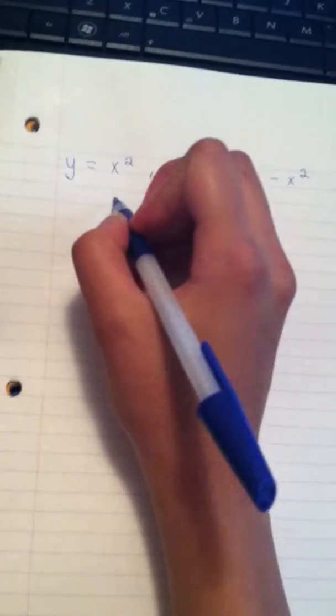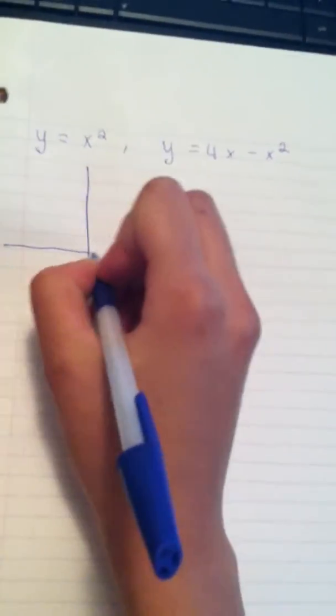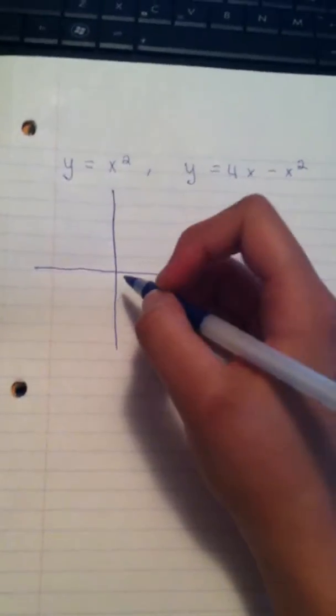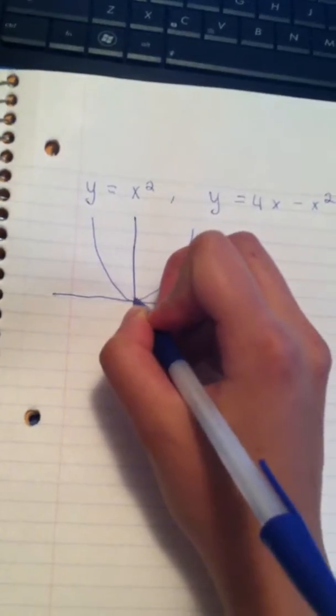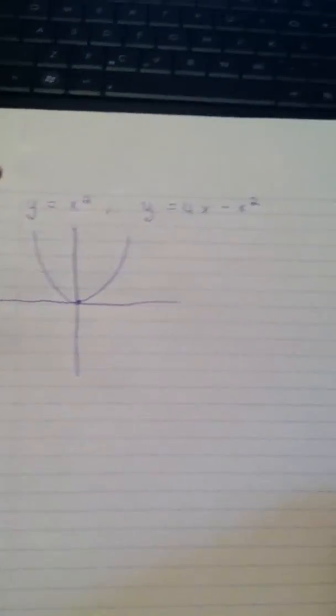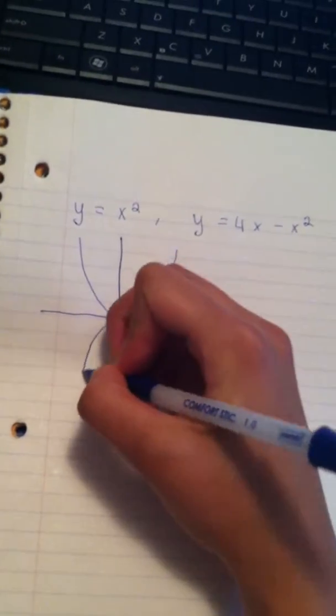We're going to find the area between the two curves, y equals x squared and y equals 4x minus x squared. The first thing we can do is graph them out and see where the area is. So our first function is y equals x squared, which looks like this. And our second function, 4x minus x squared, looks something